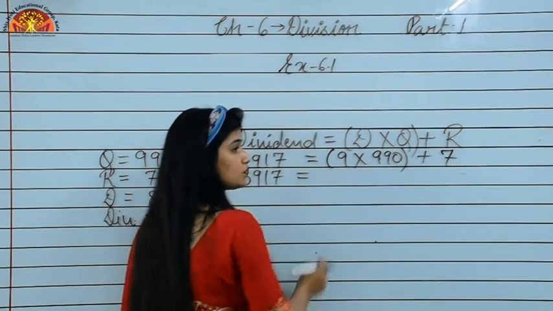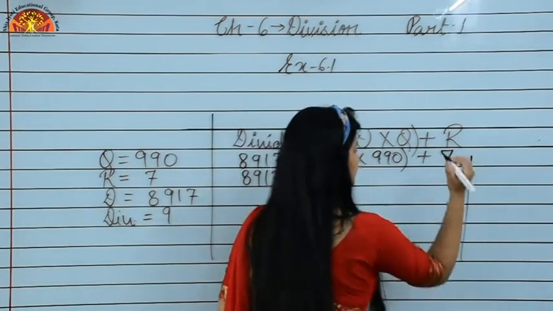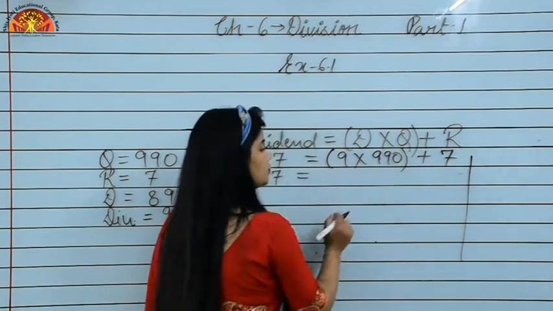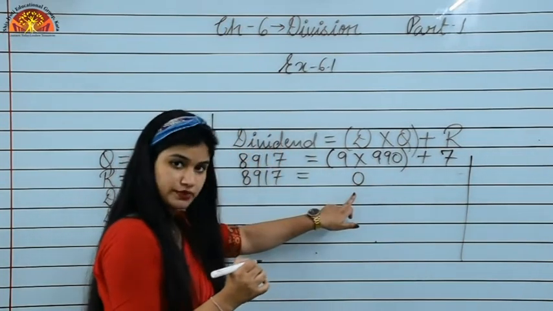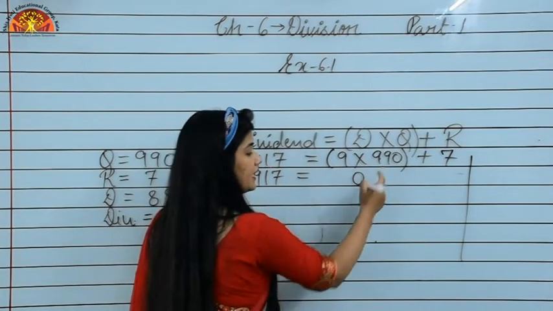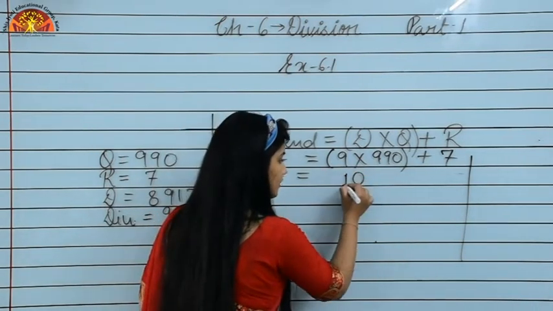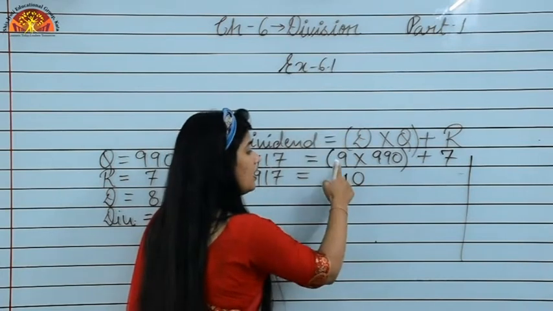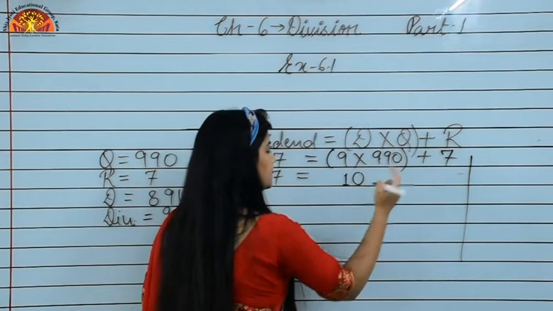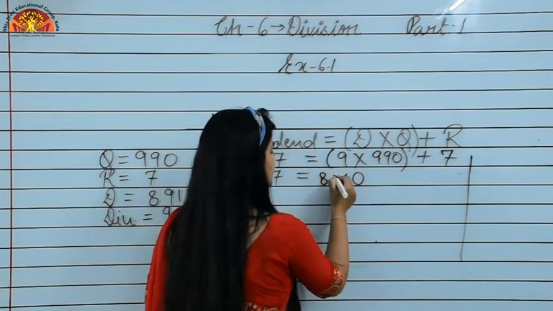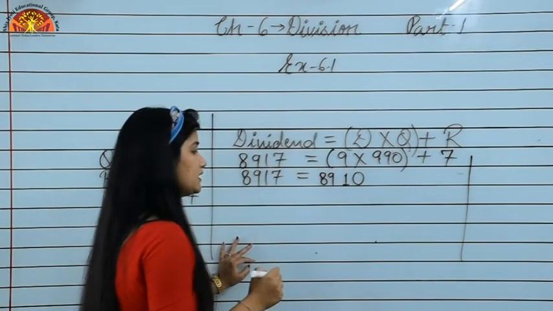हमें इन दोनों numbers को क्या करना है? Multiply करना है. So students, 9 into 0 will be 0. If you multiply any number by 0, the result will be 0. 9 9s are 81. So 1 will come here, carry over 8. 9 9s are 81 again. And 81 plus 8 will be 89. Is it clear students?